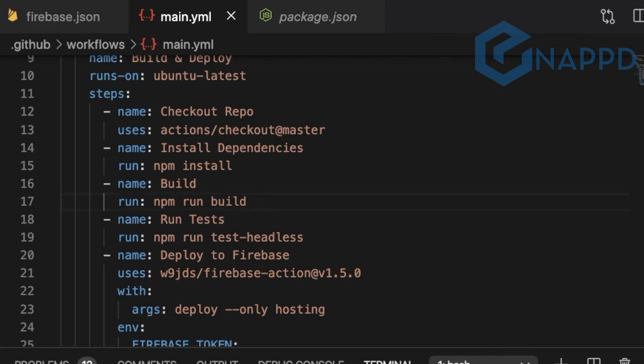And there are some test steps. If you have tests, and mostly you will have automated tests in CI systems, you will have this command. So first I will check whether my tests are running fine.